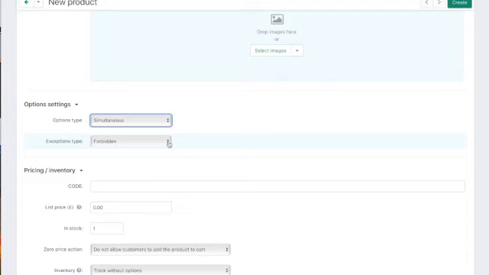This is where you will decide if there are certain exceptions that people can never buy. For example, if you're selling a t-shirt in green and it's never available in any other sizes but medium, you can add in exceptions which you would mark forbidden, and that would mean that that option will never come up